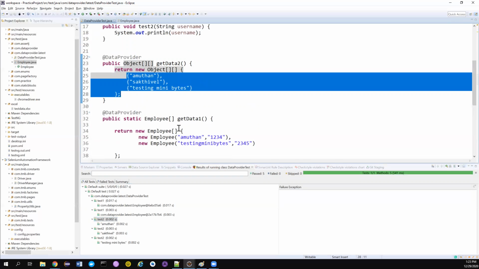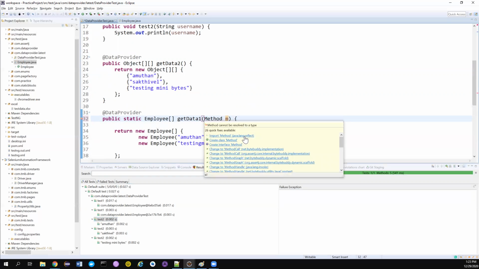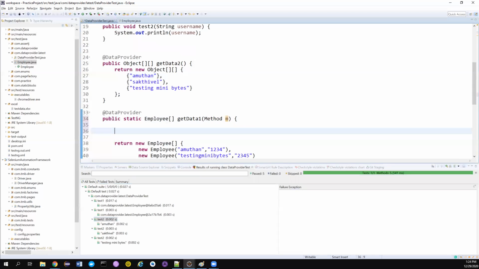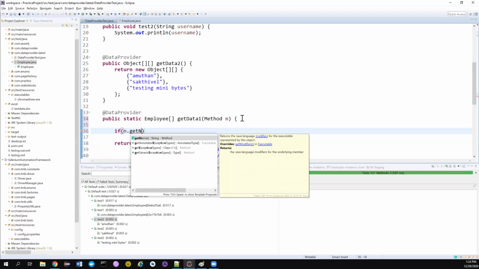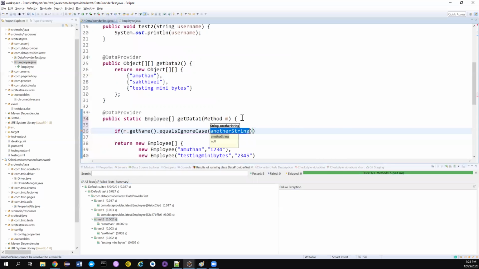Okay, so what I'm going to do is, your data provider can accept a method argument. This method is coming from reflection. Reflection is a bigger topic, but in brief, reflection helps you find object properties at runtime instead of compile time. So if I use this variable dot getName, I can find the test method name which is calling this data provider at runtime. If getName equals ignore case test one is calling me,